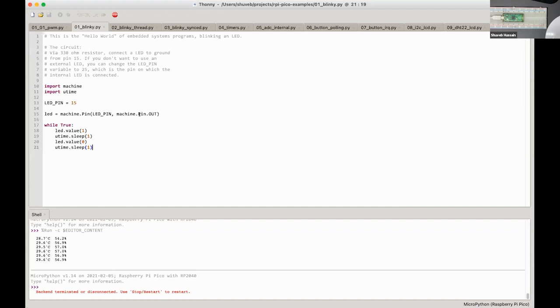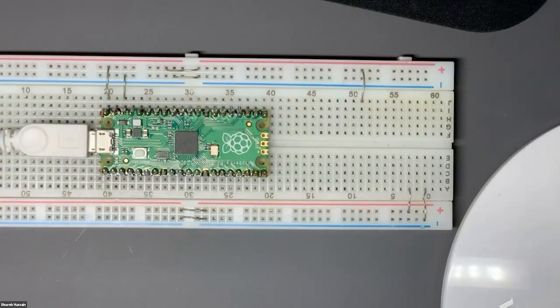So let me show you how this works. Before that, I'm going to change the LED pin to 25. We learned earlier that pin number 25 is the built-in LED, so you should see it blinking. I'm going to connect the Raspberry Pi to the computer. Okay, I'm going to stop sharing so that you can see my video.